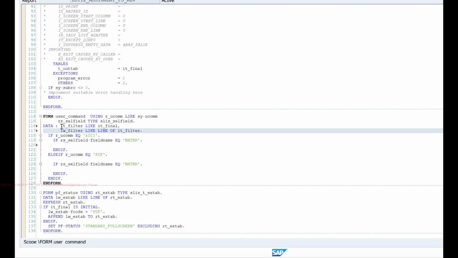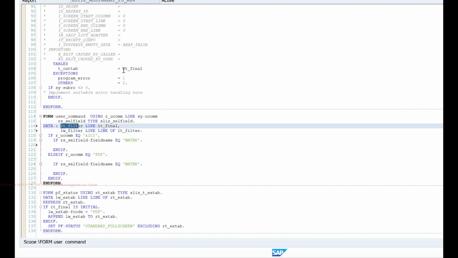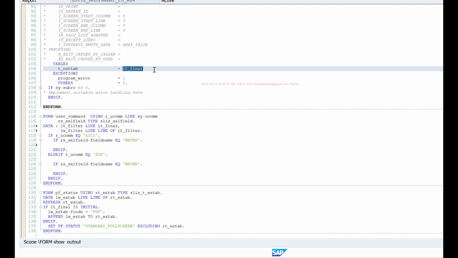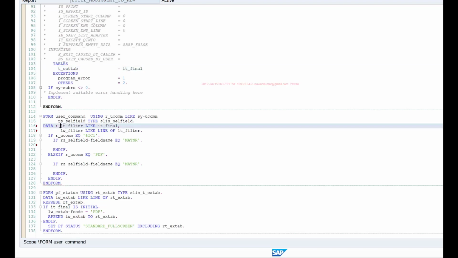Okay, so I'm defining one internal table which is same as my IT final that I originally passed. The only difference will be IT final will have all the data, whereas this LT filter will have the filtered data only. And then I'll call the ALV again and pass this LT filter. So whenever the user double clicks, I'll simply filter the records based on the value, call the ALV and pass this internal table to the ALV so that it shows that filtered records only.